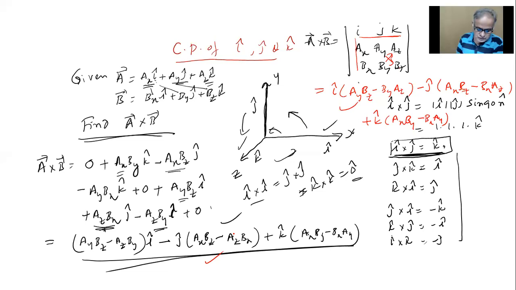So if somebody has an issue with this, please ask me. This is a simple mathematical rules procedure, nothing else. This plus minus you may know in matrices if you do it. I know it, but I don't want to elaborate it for the present, because I want you to stick to that rule only, because there's no physics in it. We require that to do physics problems. That's all.